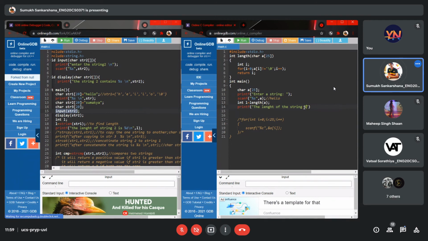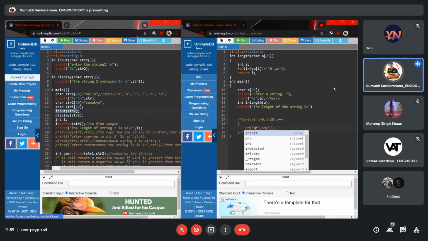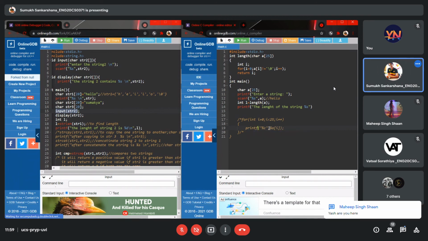If we have to print character by character, we use a for loop with the printf statement. All right. This is when we have to do it character by character.